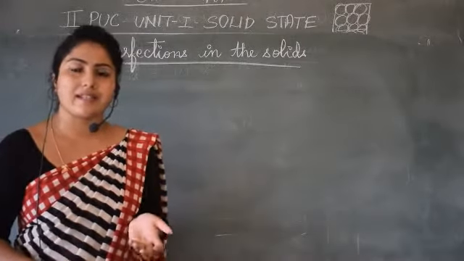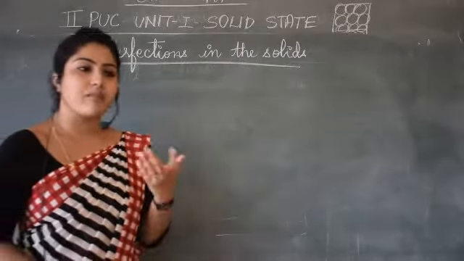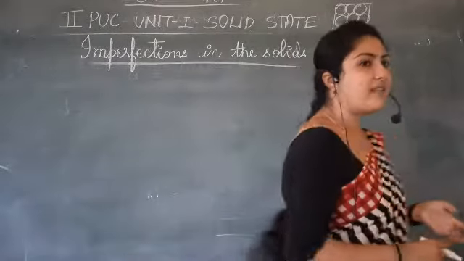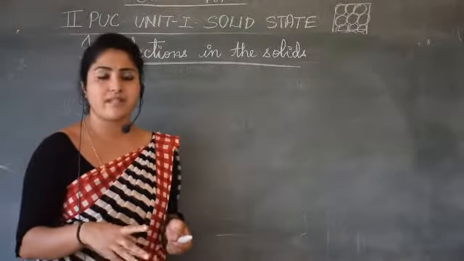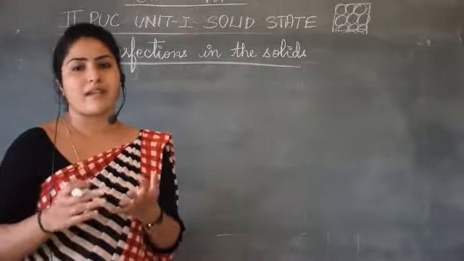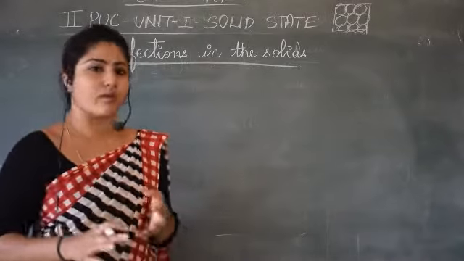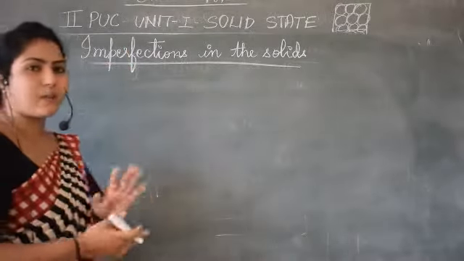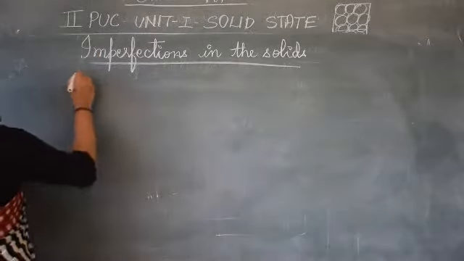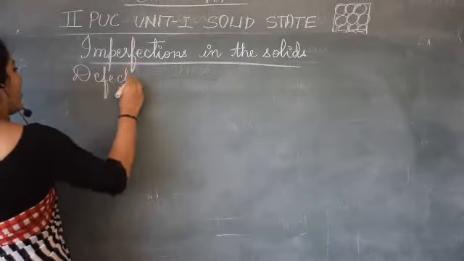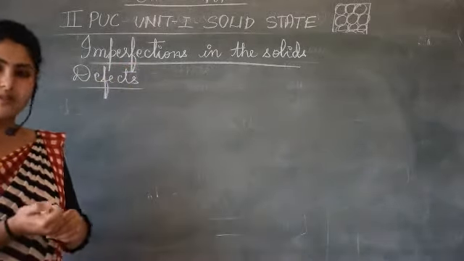When do they get these defects? When there is rapid formation of solids. Sometimes during the formation of solids, some fast process has taken place, and during this there might have been some imperfections. We call it a manufacturing defect. In this, we especially have 2 main types of defects. Defects means imperfections. Imperfections in the solids are called defects.